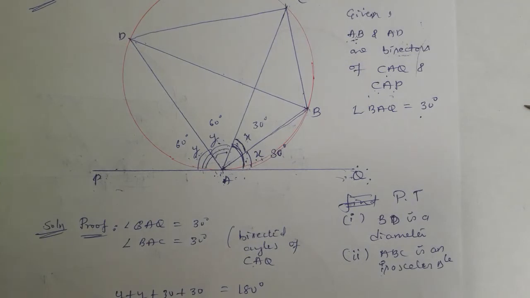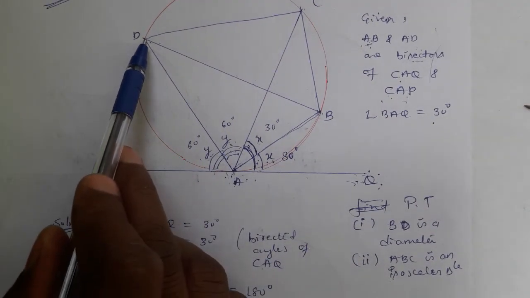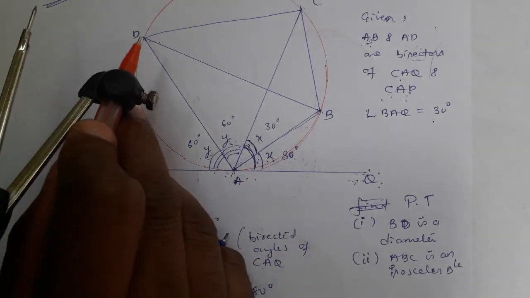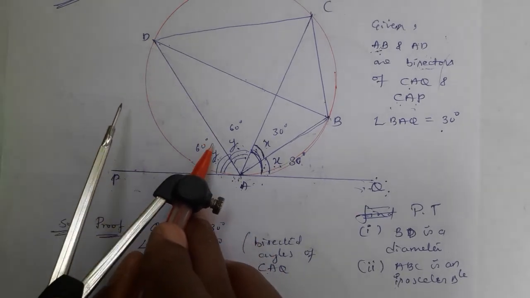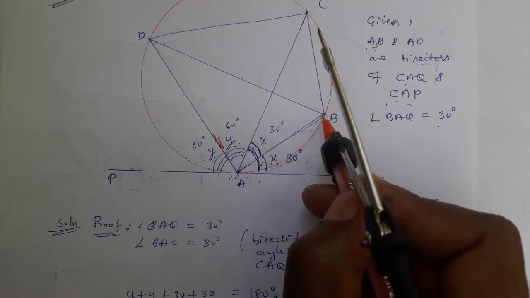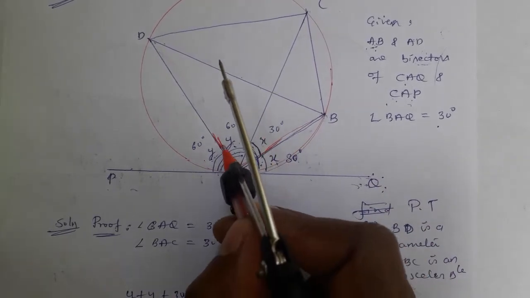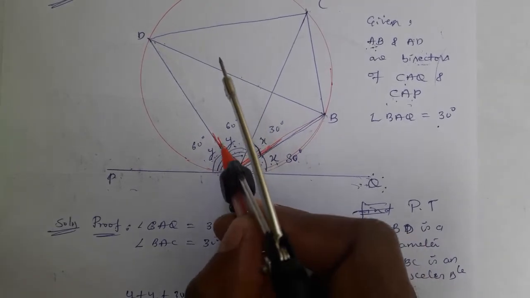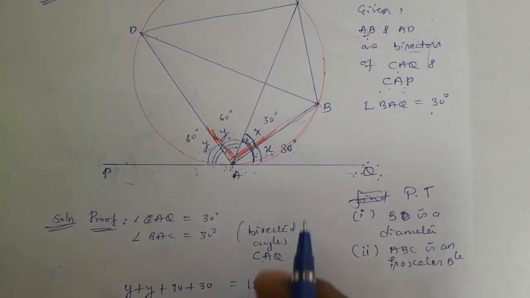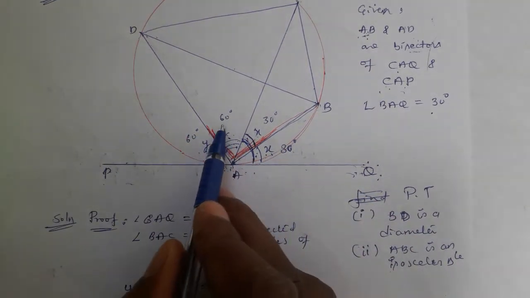from the ends of the diameter, the lines joined should have an angle of 90 degrees. From the D end, what line is there here? Look at the D end, that is the BD diameter end, what line is there? This line. And from B, what is this line? So the angle between these two lines should be 90 degrees. If the angle between these two lines is 90 degrees, definitely BD is a diameter. So now think, from B a line to here, from D a line to here, the angle should be 90 degrees.